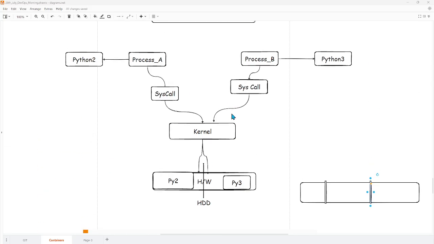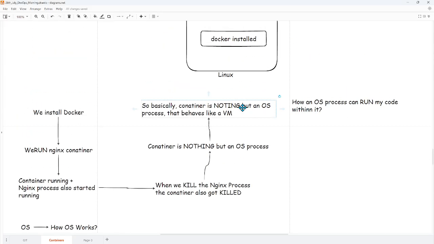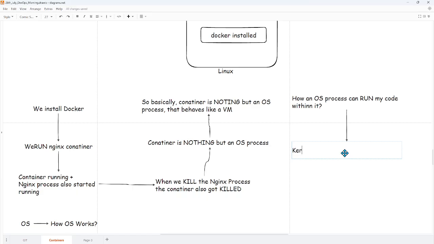They combine all these concepts in a better way, so that you run your application in the form of a process, and the process behaves like a virtual machine. So the answer to this question is nothing but kernel features, like namespace, cgroups, and a few more.